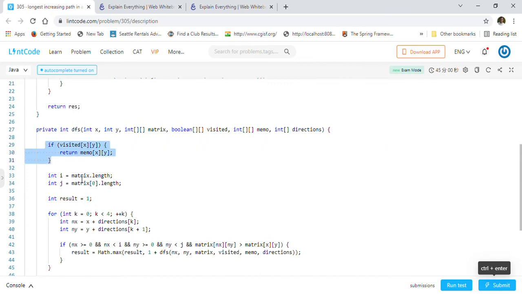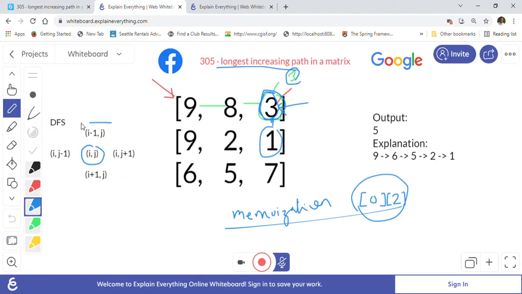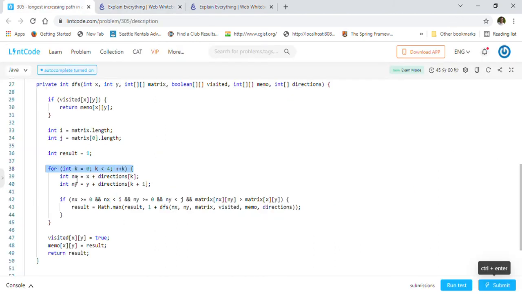After that we calculate i and j as the row and column for the matrix, and we set result equal to 1 in the beginning. Then we go in all 4 directions, the 4 directions that I showed you here, and we add them to get nx and ny, the new x and y coordinates of the new cell that we are planning to visit, right?